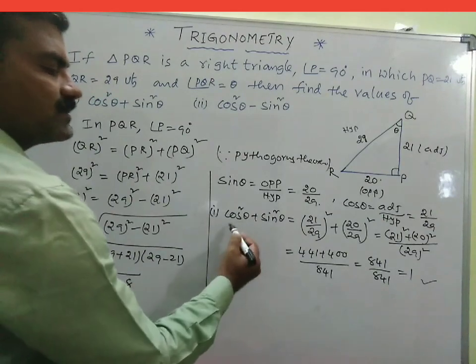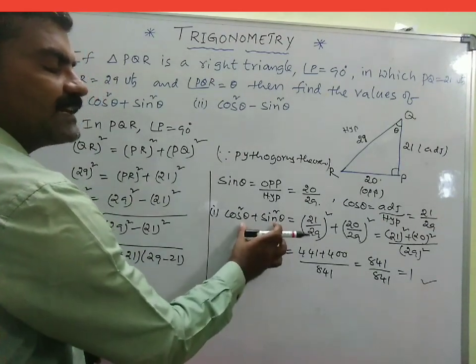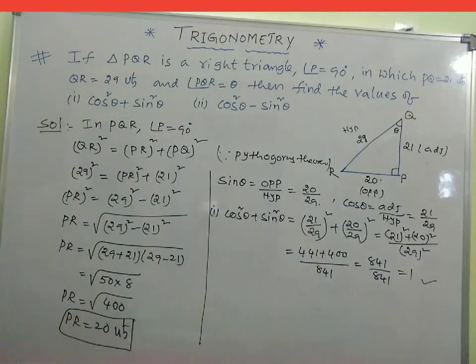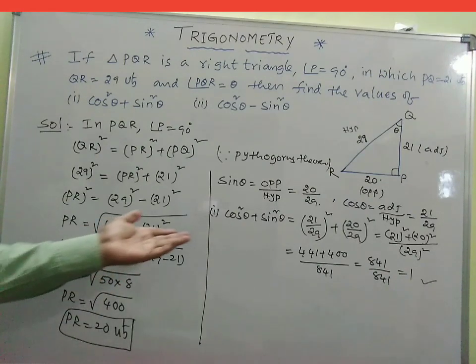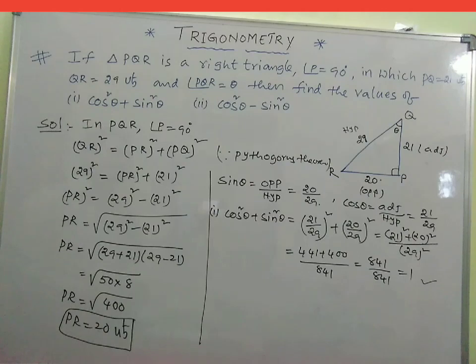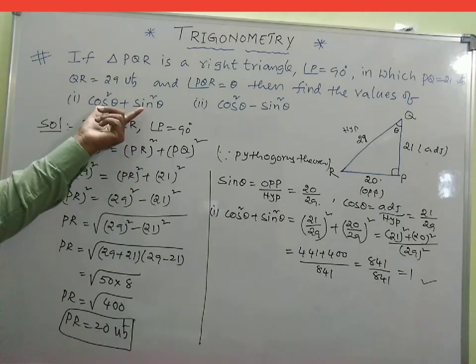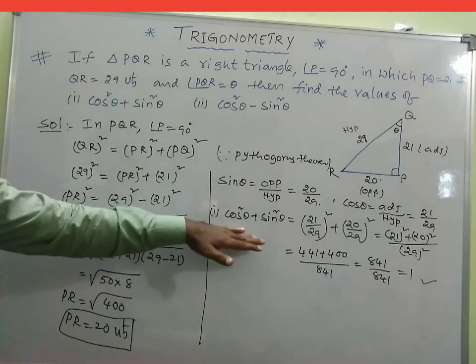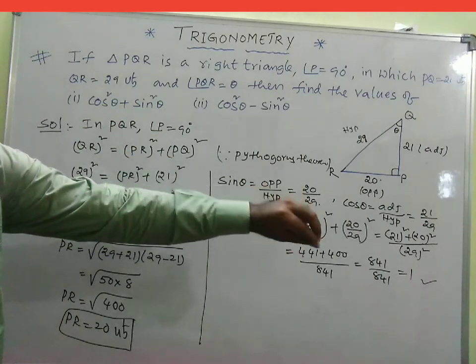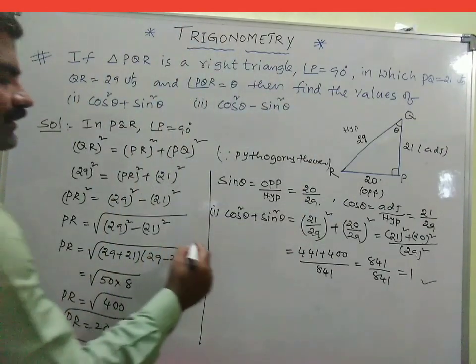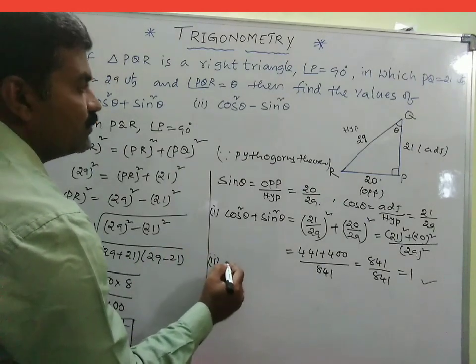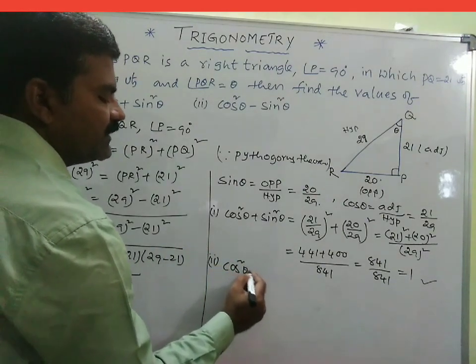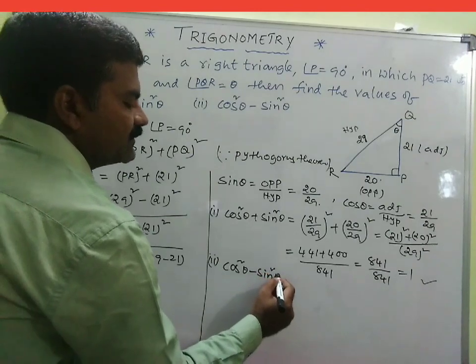Yeah, of course, we know already it's a standard result. Actually, we need not simplify, only to show you whether it is correct or not. I have applied all these things, but generally, as I told you, it's a standard identity. That's why cos square theta plus sin square theta is always 1. No need to check. And in the same manner, please go for cos square theta minus sin square theta.